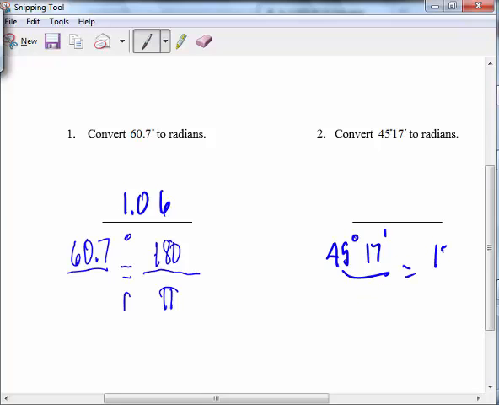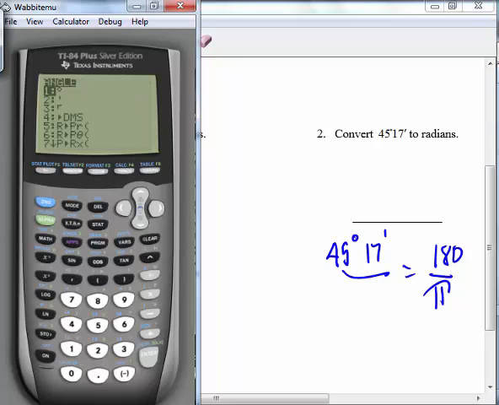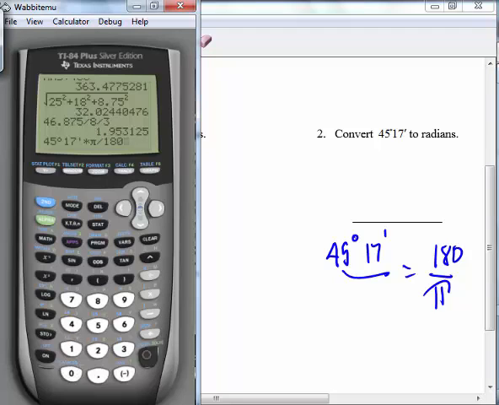The difference this time, on our calculator, we're going to press 45, and then we have to go to second angle, degrees, which is number 1, 17, minutes, which is number 2, times pi, and pi on this calculator is second to the key, times pi divided by 180 is